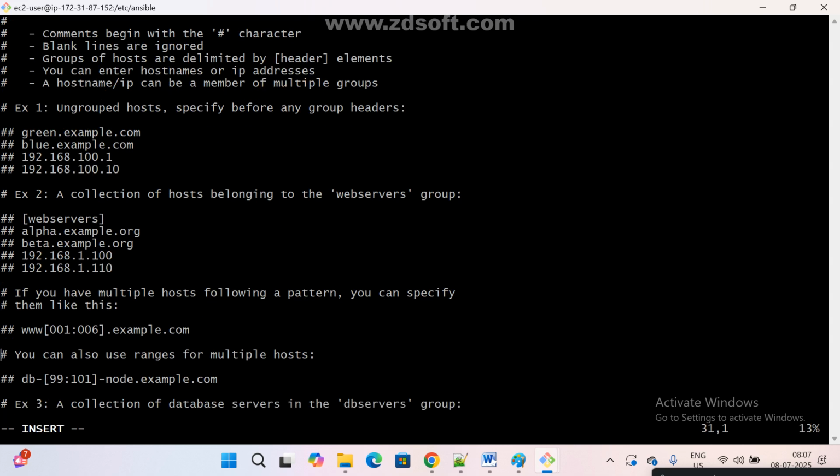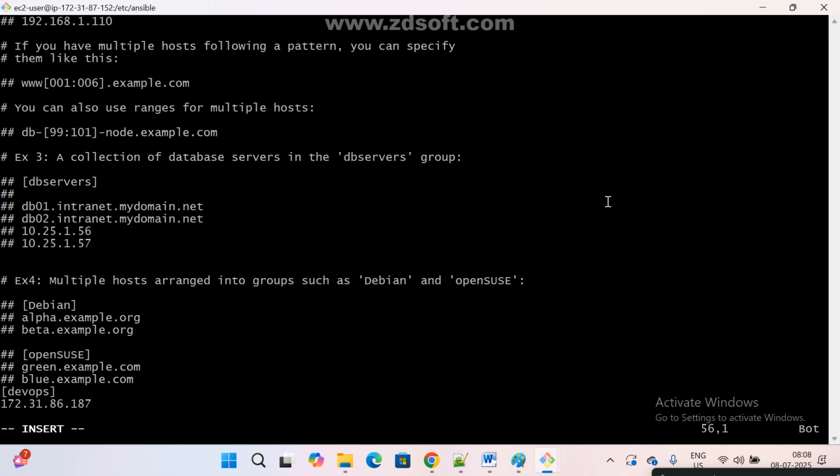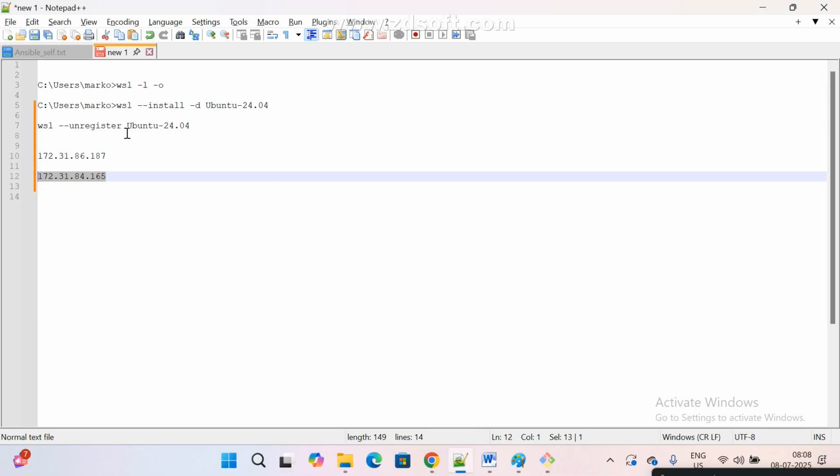Now go to the group. We will explain in the next class what this group is and why we need it, whether only the group is mandatory or not. I will explain. What is the IP? Copy this IP, paste it here,